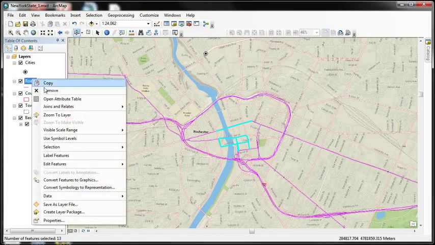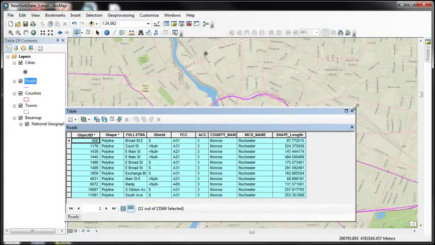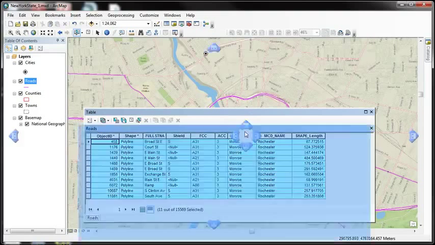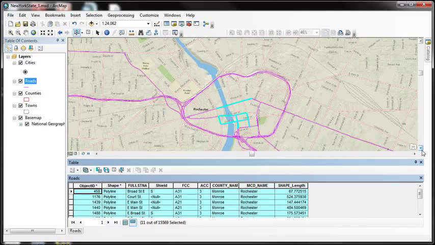If I right click on roads and open the attribute table, there's the attribute table for the roads, undocked. I can bring it down. And this is showing me all the roads that I have available in this area. Let me dock this down below. And we'll just scroll. There we go. And of course, each record is associated with a feature in my data set. And I can click on the table of contents or on the attribute table, and it will highlight the appropriate